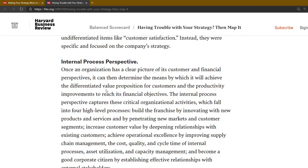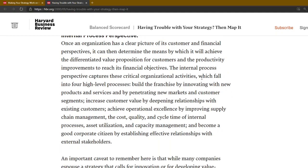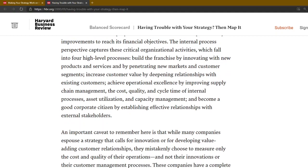Internal process perspective. Once an organization has a clear picture of its customer and financial perspectives, it can then determine the means by which it will achieve the differentiated value proposition for customers and the productivity improvements to reach its financial objectives. The internal process perspective captures these critical organizational activities, which fall into four high-level processes: build the franchise